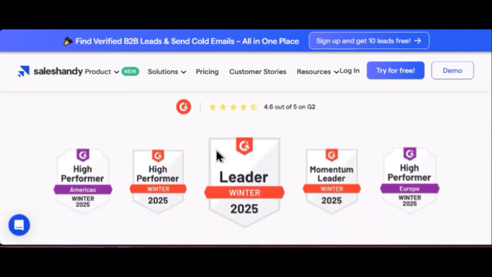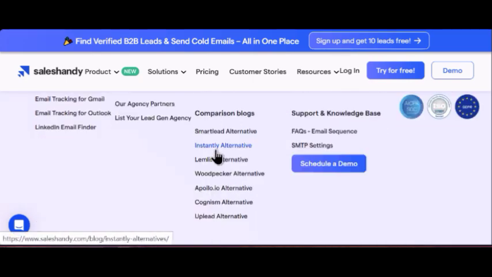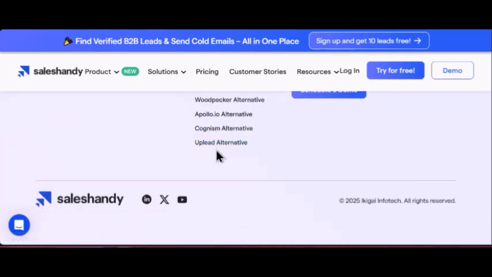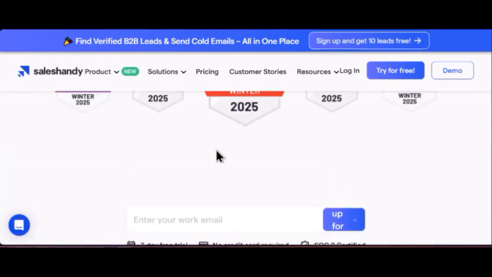engagement platforms. But despite these areas that need improvement, Saleshandy provides a solid foundation for automating and scaling email outreach, proving to be a valuable tool for many sales teams looking to enhance their productivity and track engagement